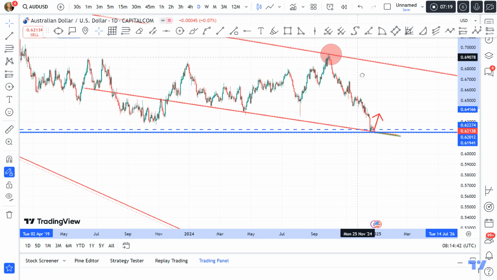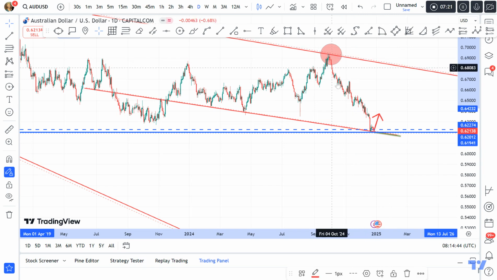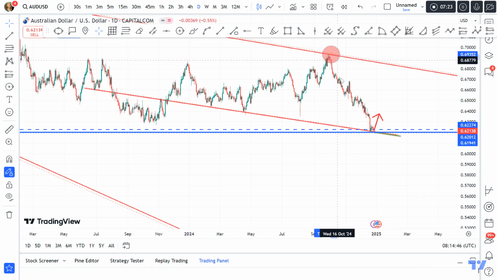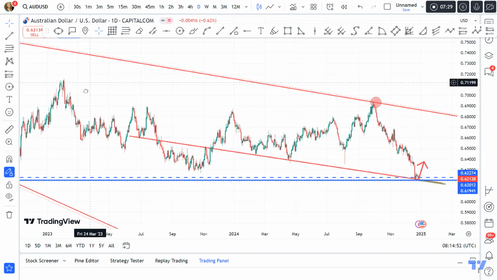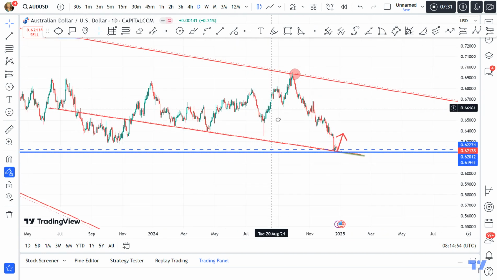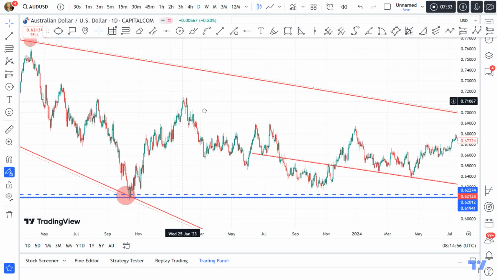So you begin to see a significant rise in AUD USD from Wednesday. Monday will be contested, but I will tell you from Wednesday, Tuesday, you begin to see a significant green candle from AUD USD. I'm telling you,